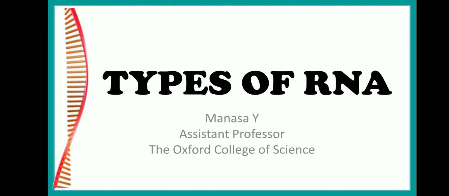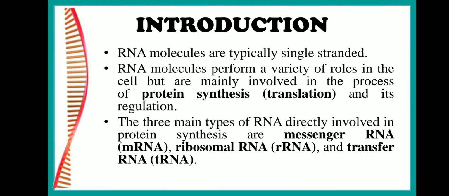Hello everyone, today we will learn about RNA and its types, and in this video we will be concentrating on mRNA. Before moving on into mRNA, let us see what is RNA. RNA stands for ribose nucleic acid because of the sugar that is present in the RNA molecule, that is ribose sugar. Now, most cellular RNA is single stranded, although some viruses like retrovirus have a double stranded RNA molecule.